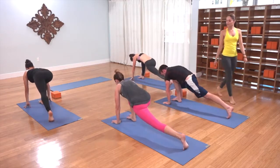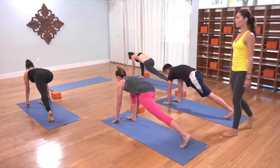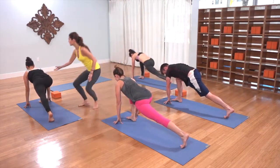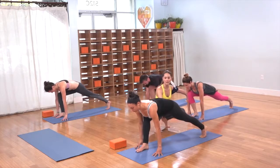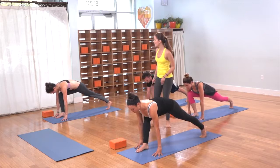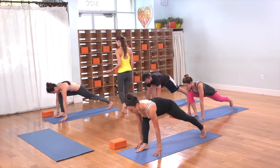On the back toes, fingertips down low. Pull the heart forward toward the top of the mat and continue to drag your right sit bone toward the back right corner of your mat. Beautiful. With the inner thighs hugging into the center line, place your left hand right underneath your left shoulder and